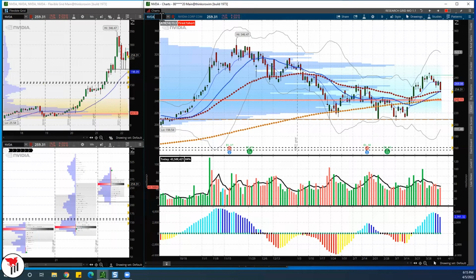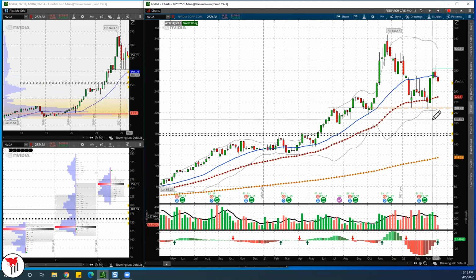So that's Nvidia. What I'm looking for is a possible weekly sell, right? It's not a downtrend just yet. So I'm not calling it a sell setup per the book, right? We're still trying to break the uptrend. We could be here in a range. So we go from uptrend into a range.